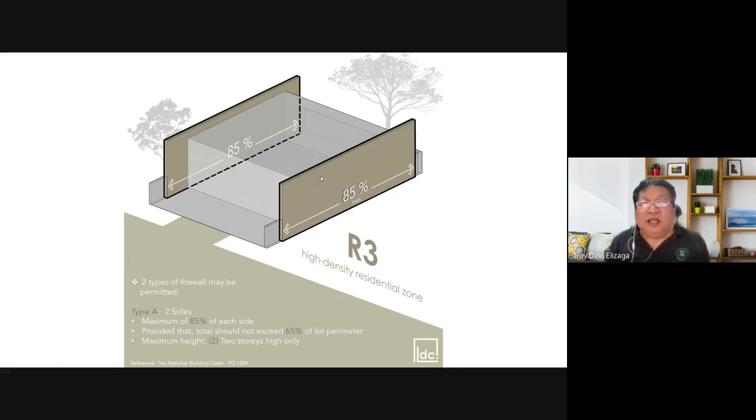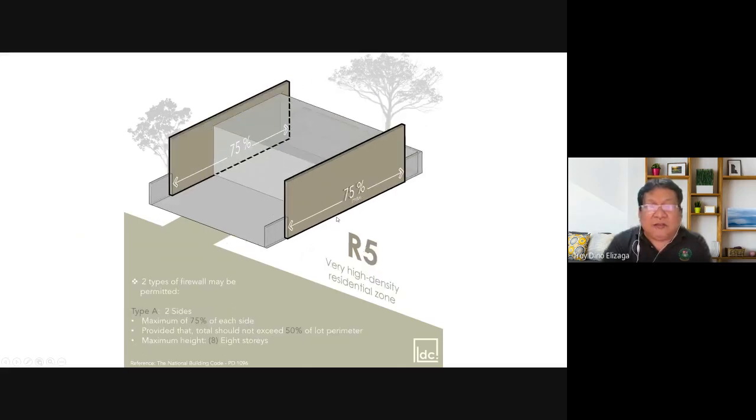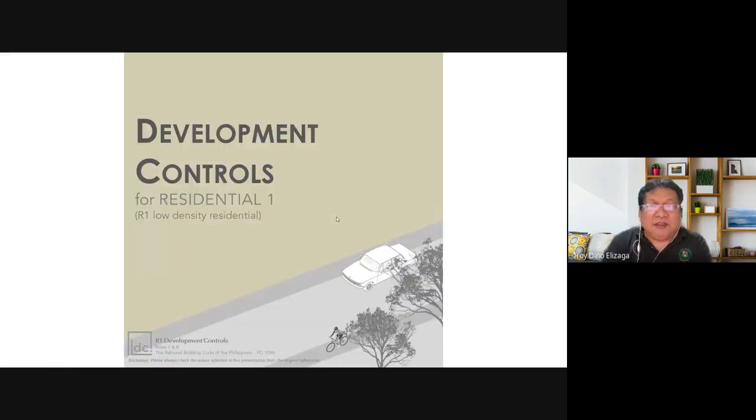Okay, so that's allowed. So even if it's not supposedly a row house, I guess this becomes something like a townhouse, no? It's like a high-end row house. But anyway, in that case, if you go beyond your setback, you're required to put up a firewall. Okay, so this is for R3. It does not apply to us for R5.